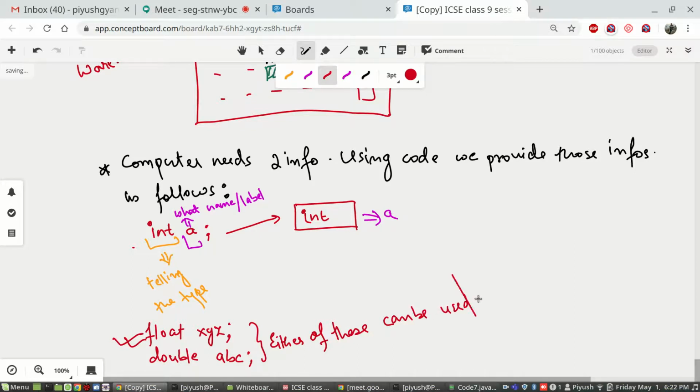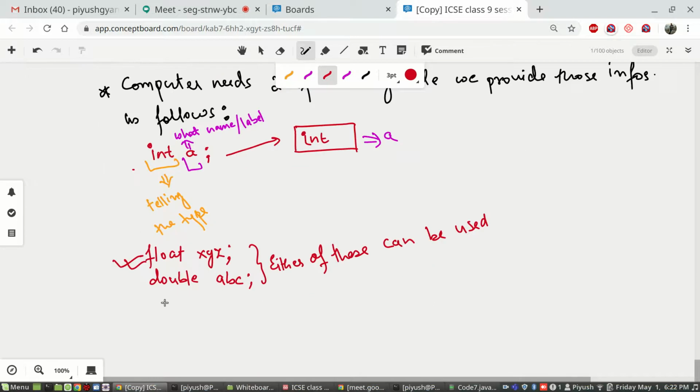If you want to store a message, you will say string, let's say X. Now the computer will understand you want to reserve a memory location which will store some message enclosed within double quotes, and it will be known as X. So did you understand how to reserve memory locations in the computer?